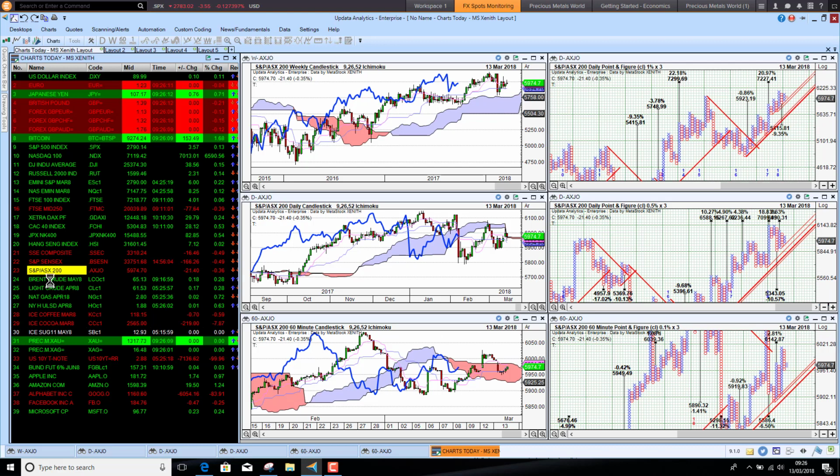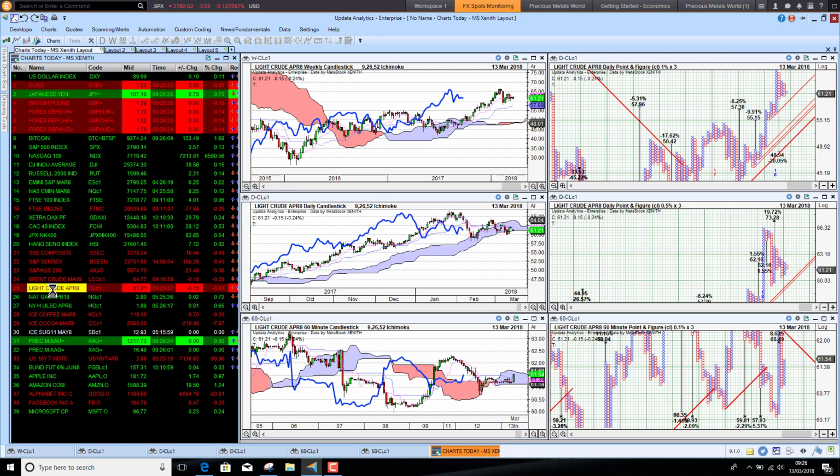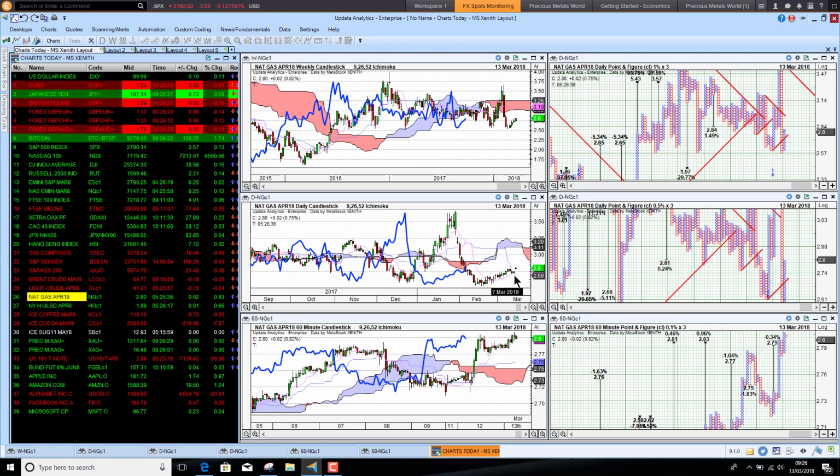And Brent Crude is down slightly this morning, but really flat. We're just above the cloud on the short term, medium and long term holding on, but really not showing any clear signs of moving higher on the short-term chart. And the same is true of WTI. US nat gas hit $2.80, so it's just holding on to that bull trend, but it's really weak in the medium